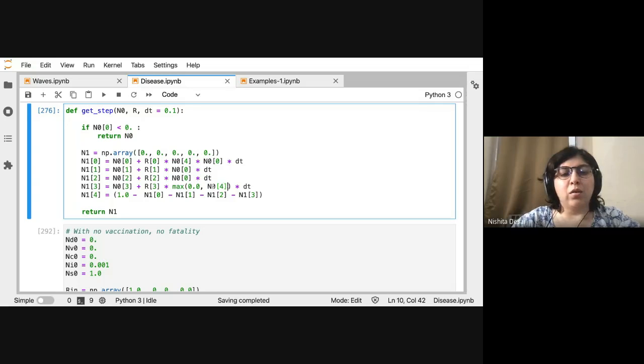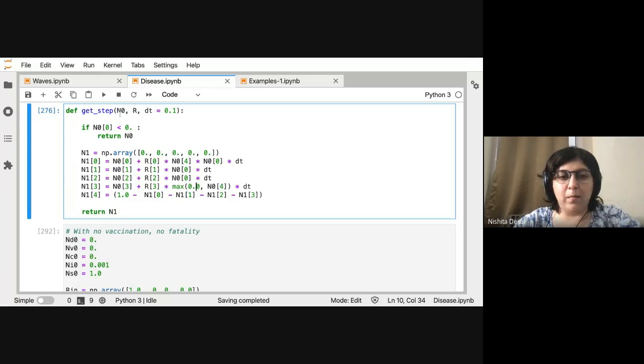So it depends on this susceptibility number, and again, this was a sanity check. In certain runs, this N0 becomes negative, so you want to stop when that happens. So you choose 0. If this becomes negative, then you are not vaccinating any more new people. Okay, so this is your step.